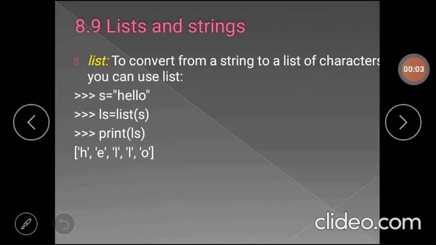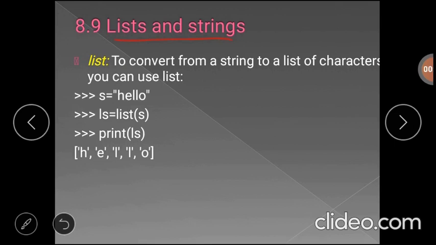Hello students, in the previous session we discussed what a list is, how we can create a list, how we can extract or modify the elements of a list, and different list methods. In this session we will compare lists and strings. We know that both string and list are ordered sequences of values, but they are not the same. A string contains only a sequence of characters, but list data can be of any type.